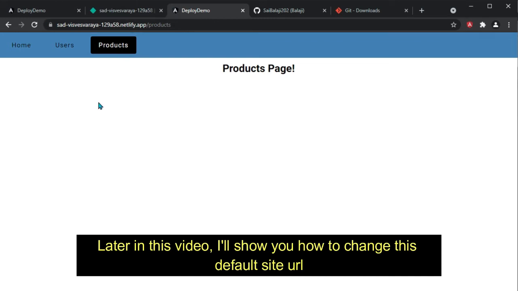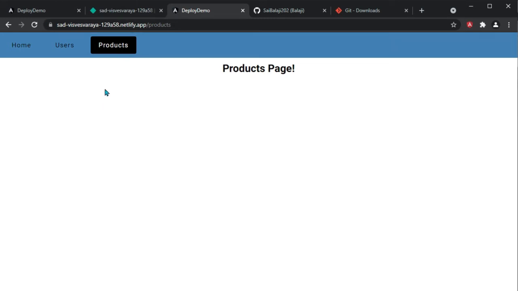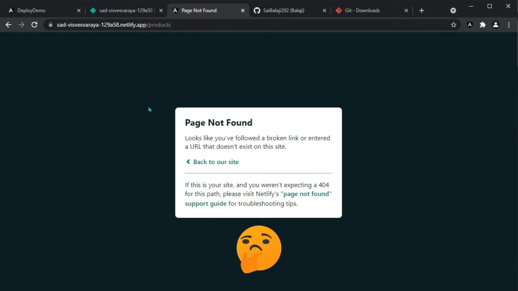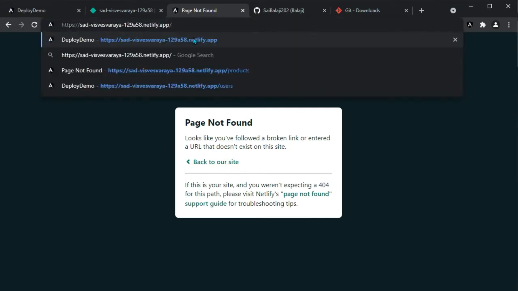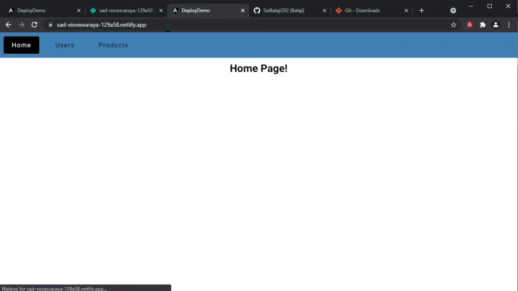But before taking that risk, we will test this application once again. So what I will do is just refresh this page. We'll see whether it is working or not. Oh, what happened? Page not found. Just now it worked. Okay, I will try to go to the application once again, the root folder once again. It is working.